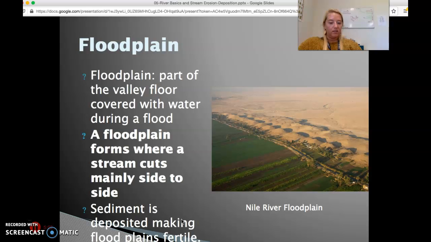So we often see fields. Farmers have noticed this and kind of hijacked nature a little bit and planted their plants, their crops right there because it is very good, natural, fertile soil, good for growing. If you think about the Nile River, the Nile is in the middle of a desert, but around the floodplain, or where it floods, you can actually have very green, fertile plants because there is fertile soil right there. As it floods, the sediments are dropped off and left there, and that makes for very fertile soil,